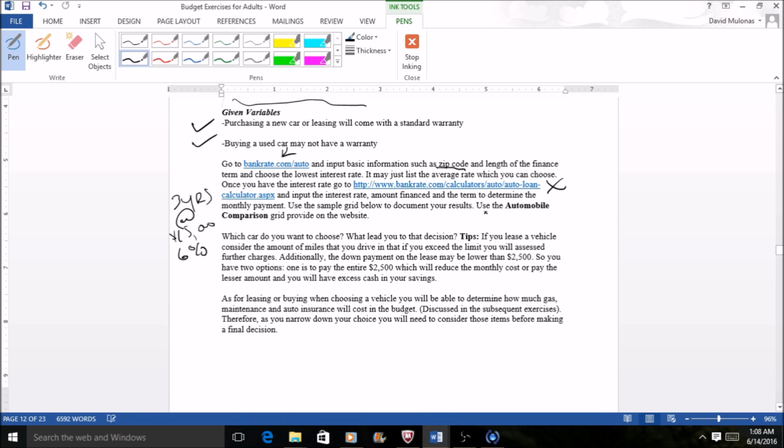Now we also have a sample grid that we're going to look at below, our auto comparison grid, and that grid will allow you to compare several things about the cars you're narrowing it down to, to see what works for you and why, and ultimately make a decision that is in your best interest. So we ask some questions in here: what car did you choose? What leads you to that decision? So when we speak of tips here,